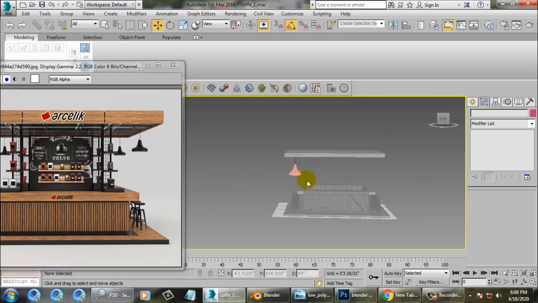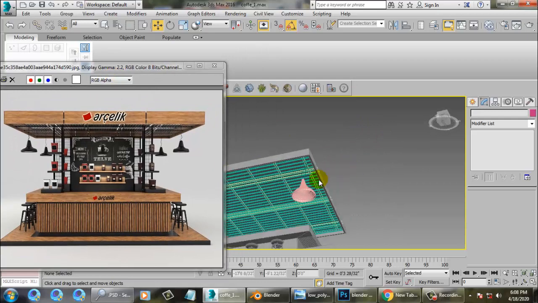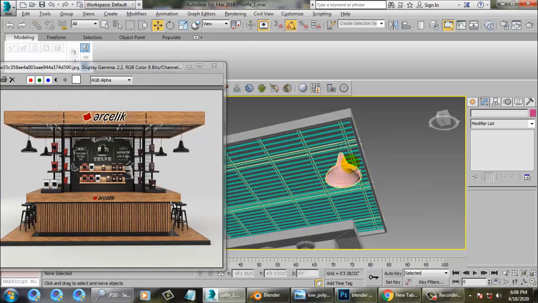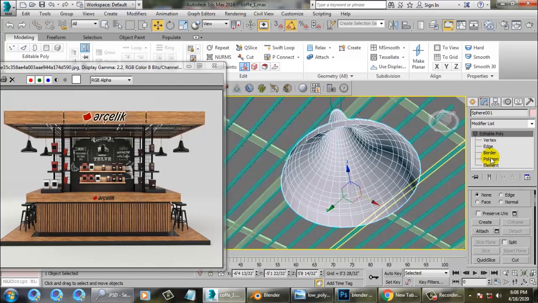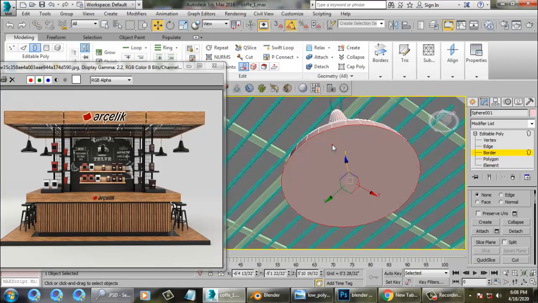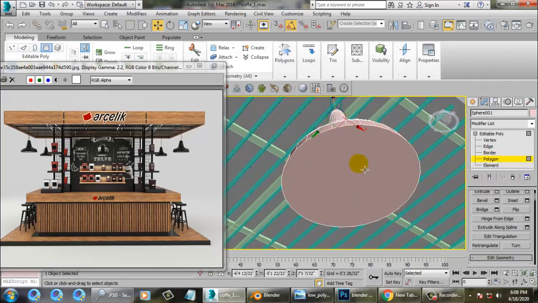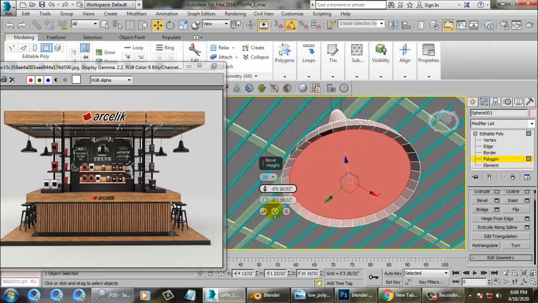This is your front area. Let's go here, select this border and cap it, press 4, bevel it and push it inside.